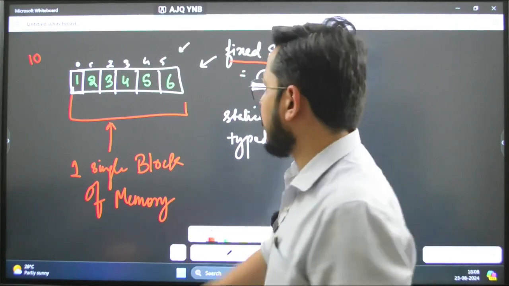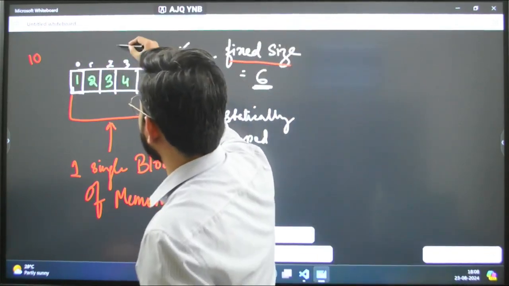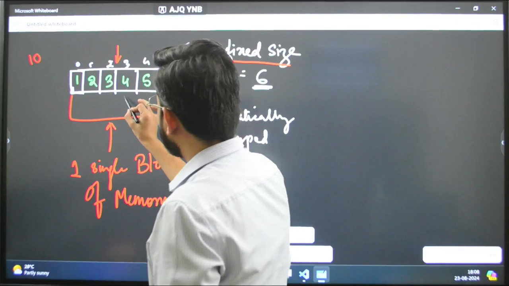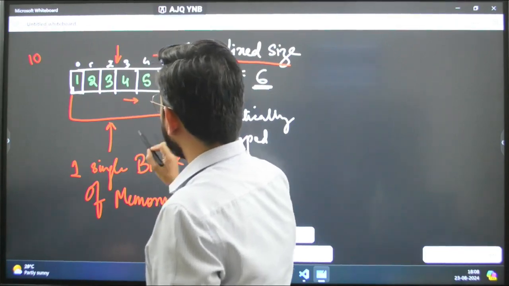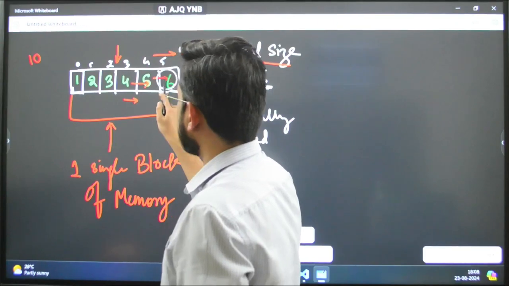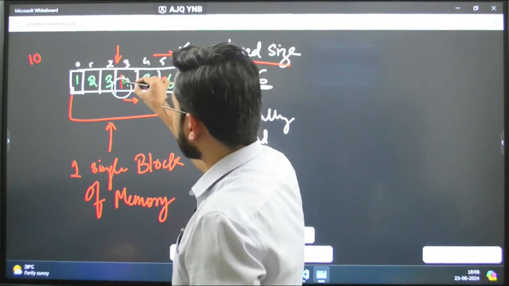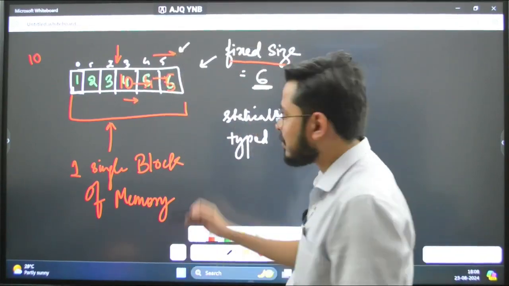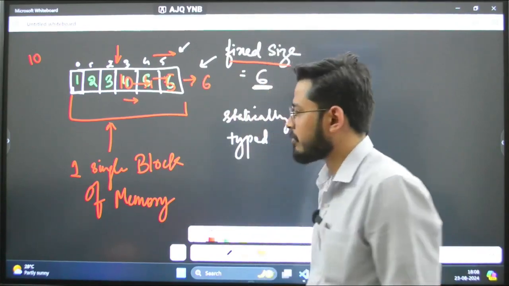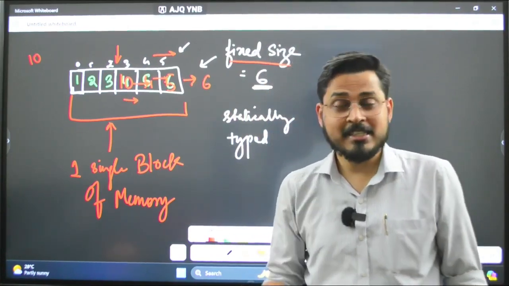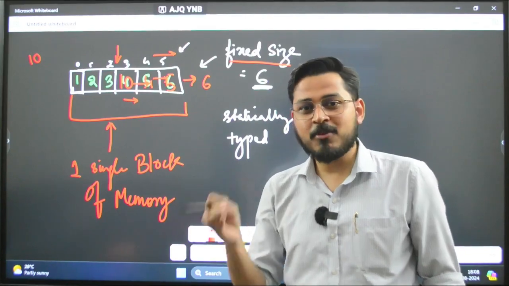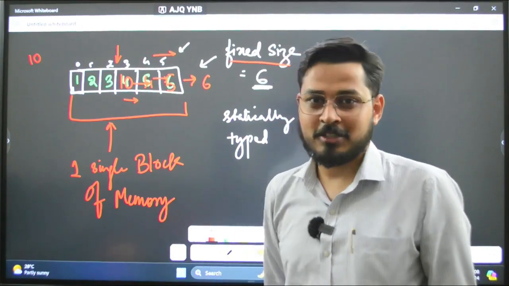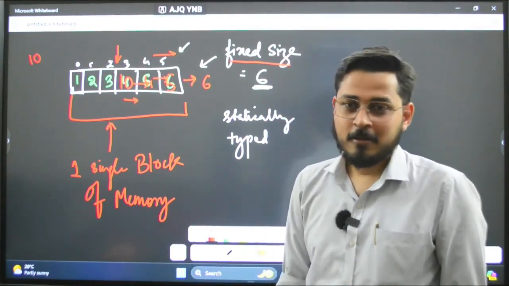If I want to insert this 10 in between 3 and 4, I need to shift these elements, and then I will be able to fit this 10. This will become 4, this will become 5. But the problem is that this 6 will get pushed out and deleted if I shift this, because the array size is always fixed. So these are some of the limitations of arrays which make it difficult to use arrays for each and every concept, which we cannot do, of course. That's why